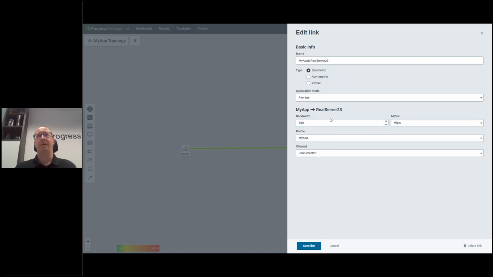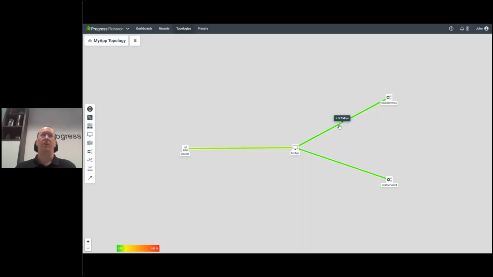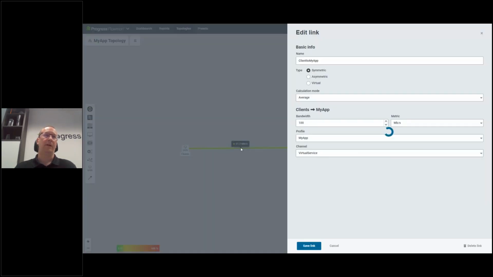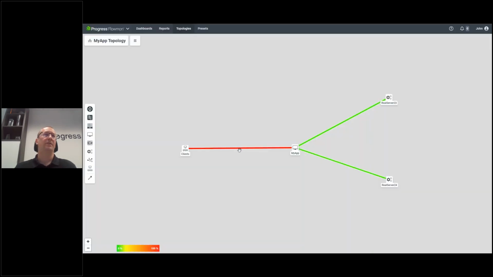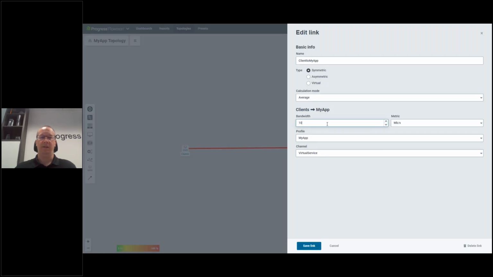This is the number that the system then uses to show you utilization, which is represented by a color. So, for example, if I change it to 10 megabits here, we will see that the line is immediately red,